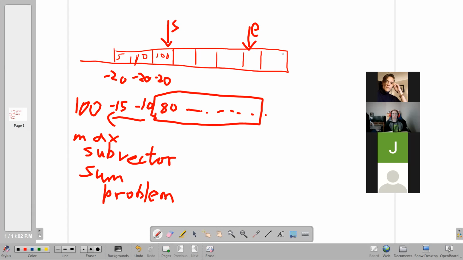If you do it this way, then you basically have an n cubed algorithm, because there's n positions for S, there's n positions for E, and then summing things inside, it's another linear loop. It's not exactly n cubed, it's n cubed over 6 or something like that, but basically it's bigger than n squared. You can knock it down to n squared